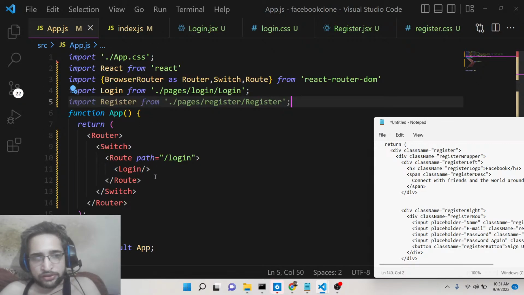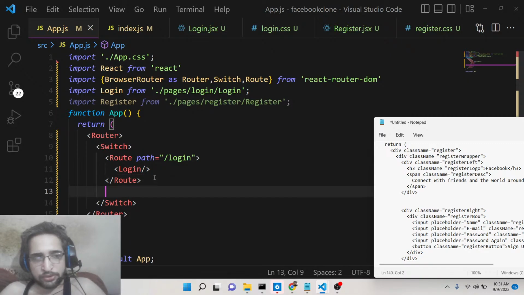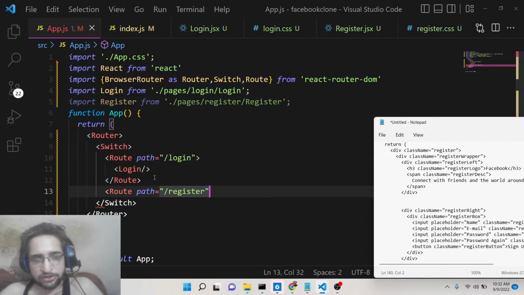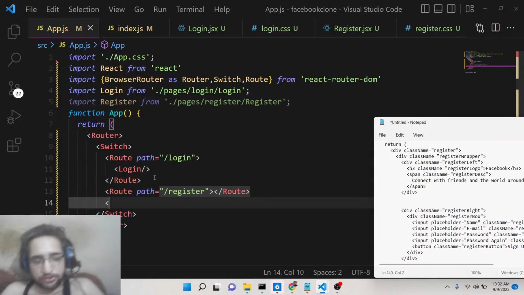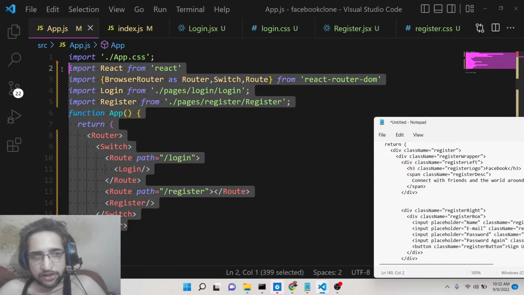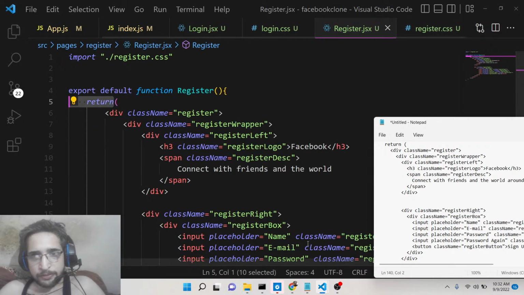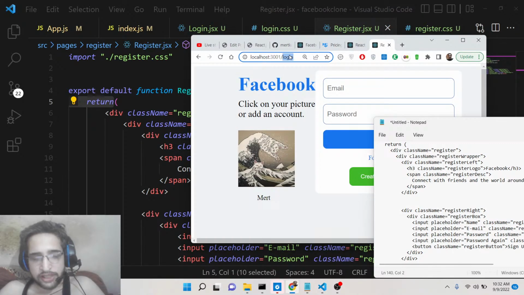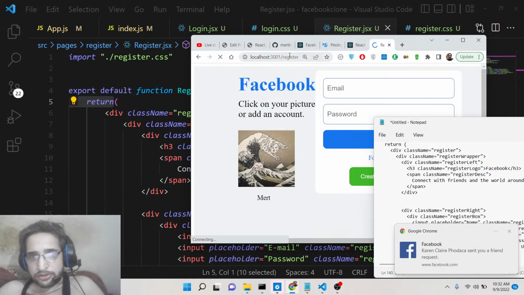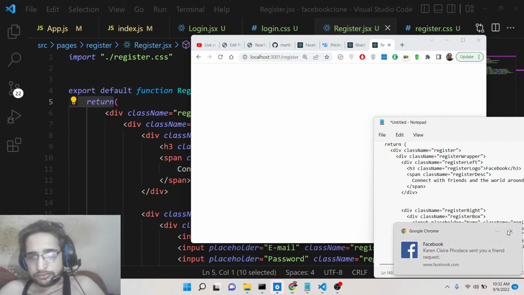And after this, we will create a new route. So path will be now this time equal to /register. So where we will show the register component. So this is the beauty of React router, guys. You can show any route, any component to any URL. And basically now if you go to /register, so